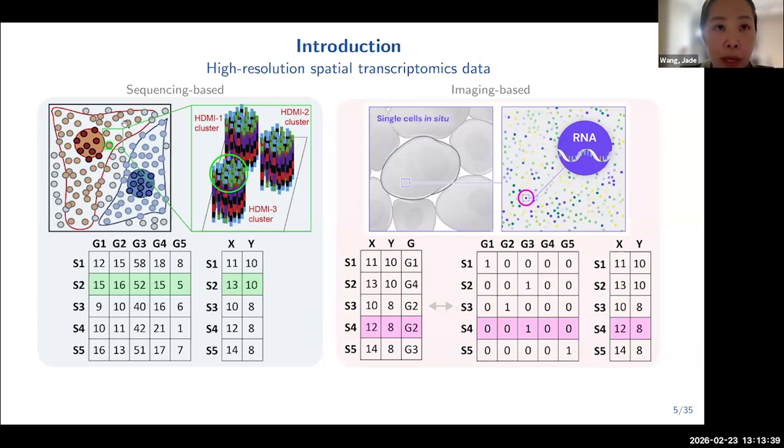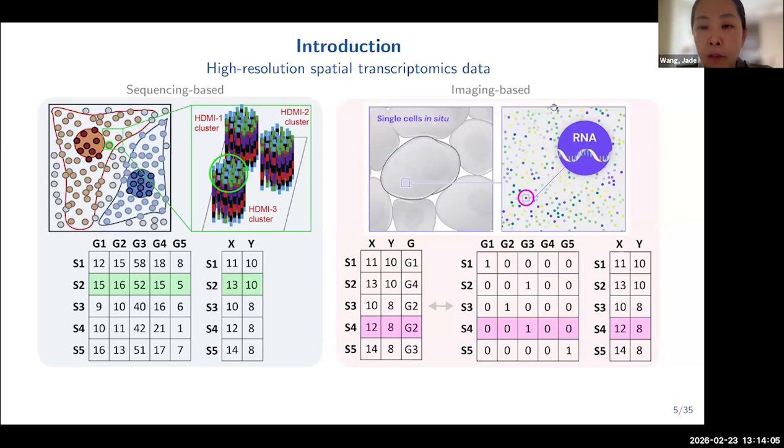We have capture areas, which are very tiny, so that we can have multiple areas inside the same cell. In each capture area, we have probes that can capture the RNAs. So the data format is similar to the previous one as well. We have one matrix of spot by gene for the gene expression, and we have another matrix for the spatial